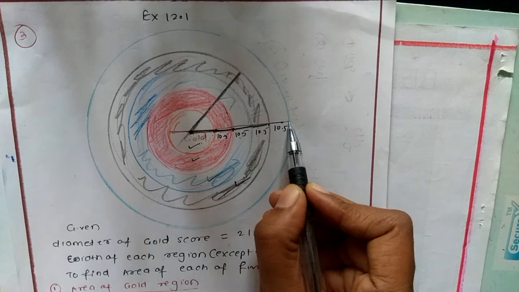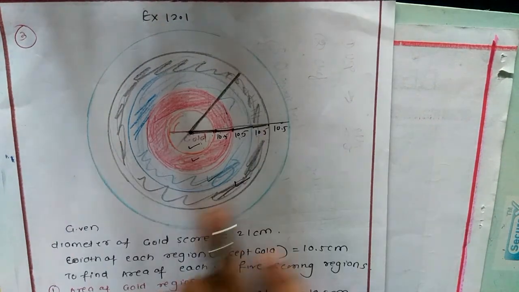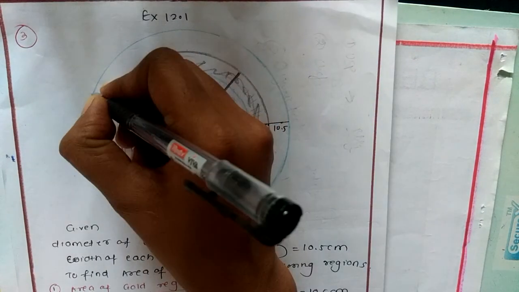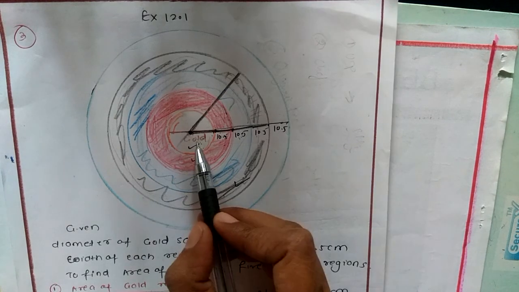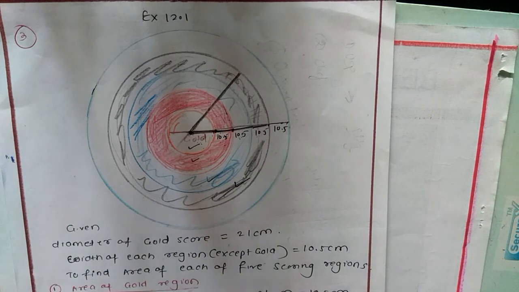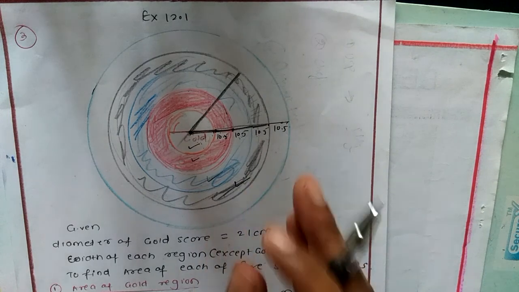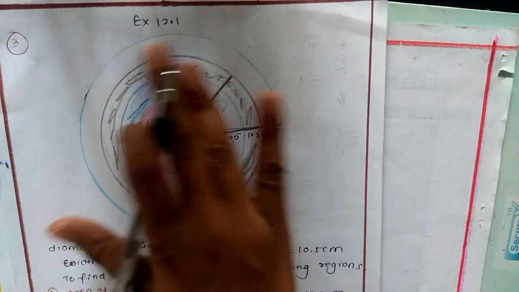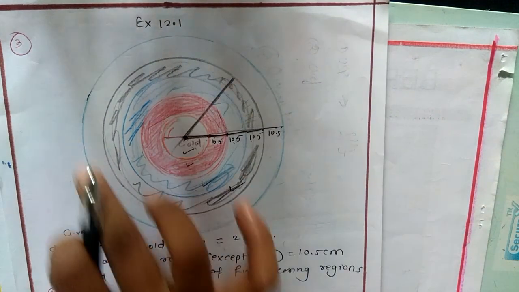First find out the area of this white circle that is marked with the sky blue color. So this area you want. So 10.5, 10.5, 5 times, you can count 1, 2, 3, 4, 5. So 5 into 10.5 you can do. Otherwise you can take 21 by 2, 21 by 2, 5 times. So first we'll find out the area of this big circle. Then we have to subtract the area of this black circle. So this full area will get subtracted and only the ring area, or the white region area, you will get.